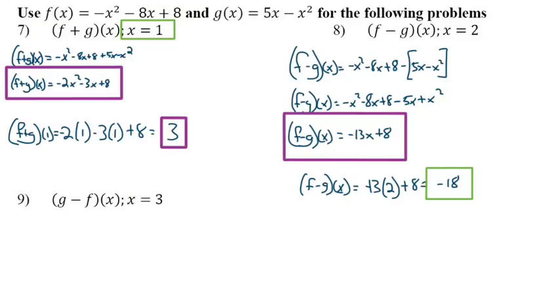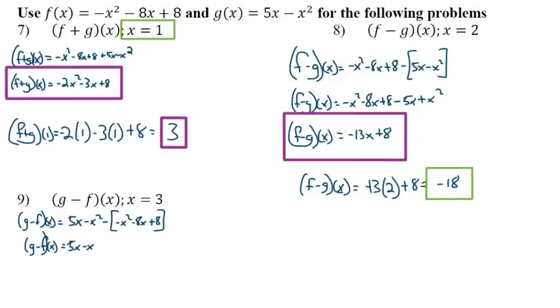Last but not least, number 9. Number 9 just flips around and says, hey, what's g minus f? If I did f minus g, what's g minus f? So again, we're going to do the same thing, but we're going to switch it around. So g function minus the f function of x equals, the g is 5x minus x squared, and then we're going to subtract negative x squared minus 8x plus 8, distributed that negative,